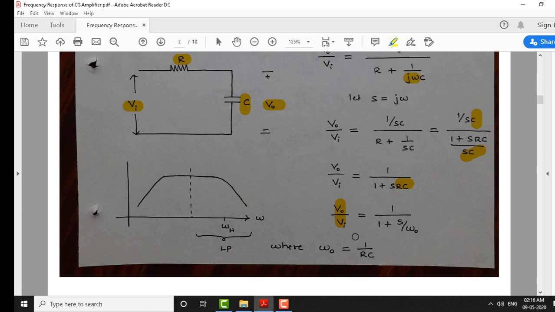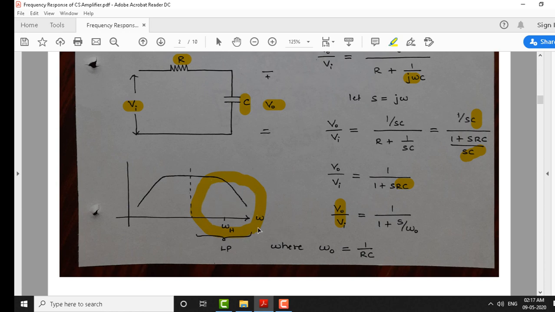So far what we have discussed is the low pass behavior of the overall frequency response. It is especially this region. This region we have modeled with an RC circuit where R and C are connected in this fashion. So this is nothing but a low pass filter, which has a cutoff frequency of omega H. Here we have denoted the cutoff frequency as omega naught. In fact, omega naught and omega H are going to be the same. So for the overall frequency response of a common source amplifier, we have just modeled the low pass behavior, especially in the high frequency region.